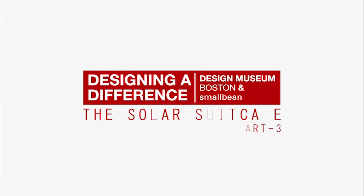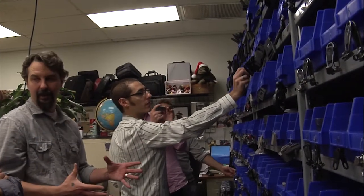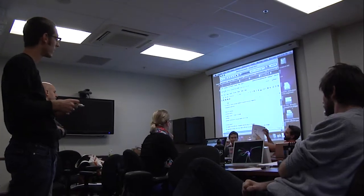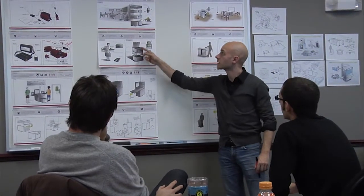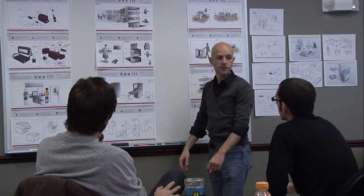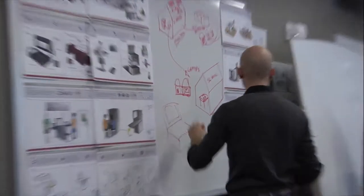It's been a while since the last time we checked in on the Designing a Difference design team, but rest assured, they've been hard at work. There was a lot to be done coming out of the last workshop, and the design team found themselves rethinking their approach to the solutions they developed for Smallbean. With some new requirements on the table, the team needed to go back to the drawing board, and here's what